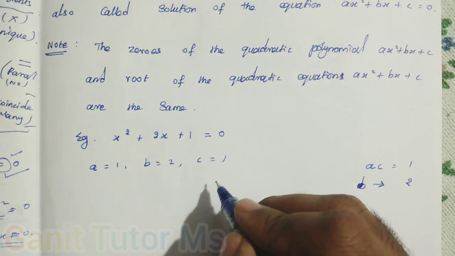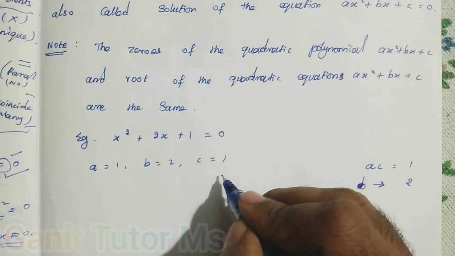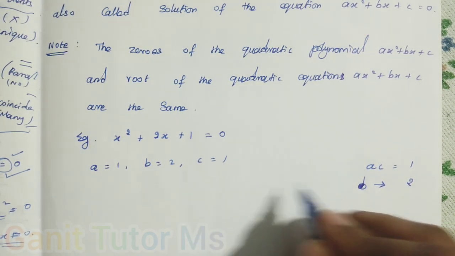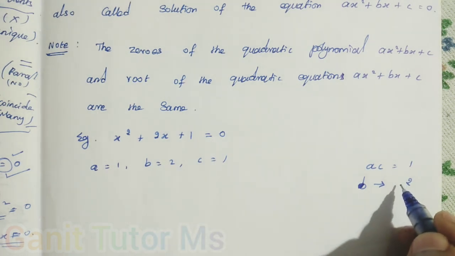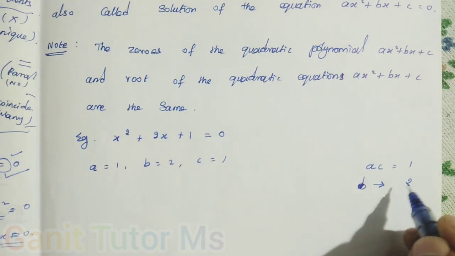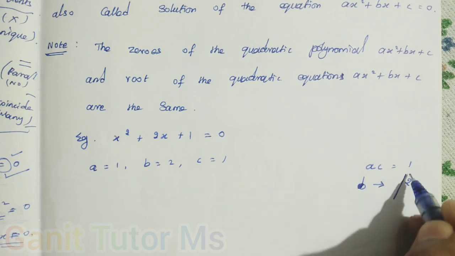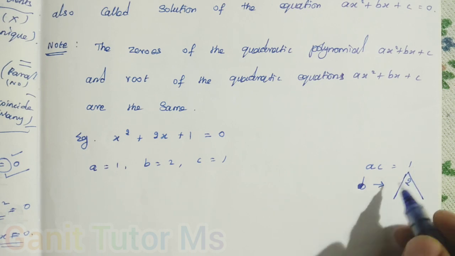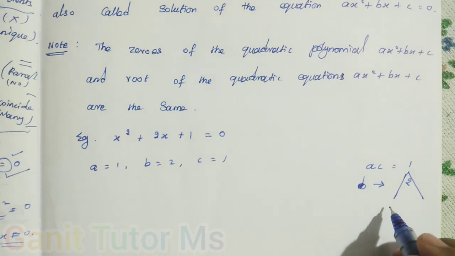Actually, when you want to find the zeros, first we find the factors. Then from these factors we can find the zeros, right? So now we find the factors. You can use the middle term splitting method. Otherwise, this one is the easiest, right? I will explain this method in chapter 2, and I taught this method already. So when you multiply, it becomes 1. When you add, it becomes 2. So you should find the two numbers.